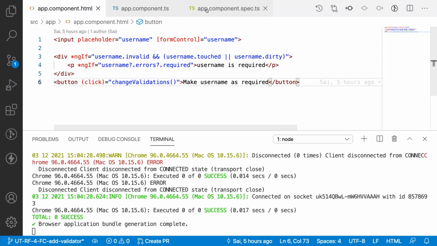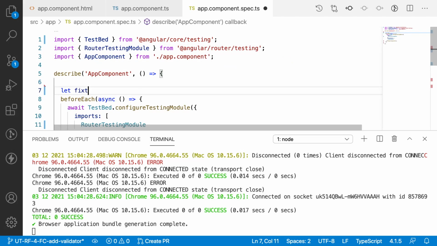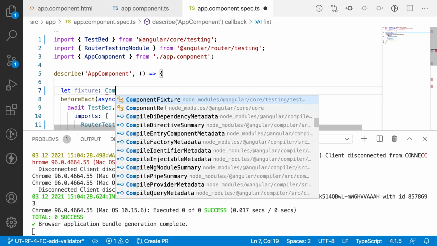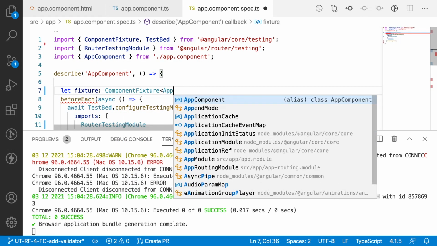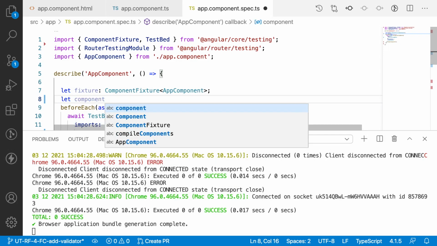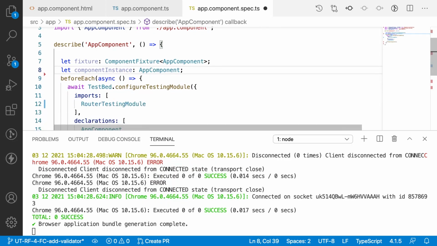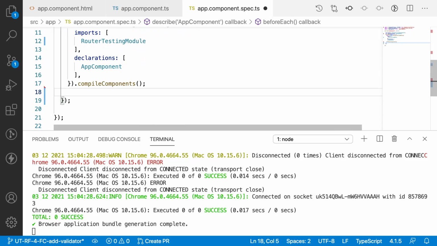Let me go into the app.component.spec.ts and create two variables. Let fixture: ComponentFixture, which is of type AppComponent, and let componentInstance: AppComponent. So these are the two variables. After compiling our configuration module, I want to assign a fixture value.